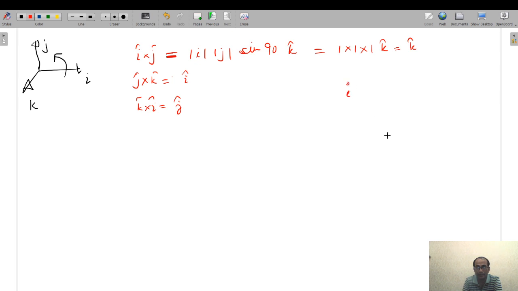See, let me write here I, j and k, and let me make clockwise directions. So if I cross j you have to find out, then you will get what? The resultant in k direction. If you cross product k with I, so clockwise, if you move clockwise,